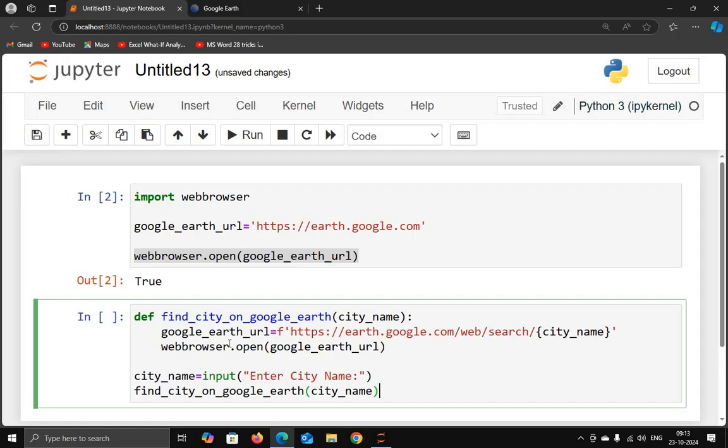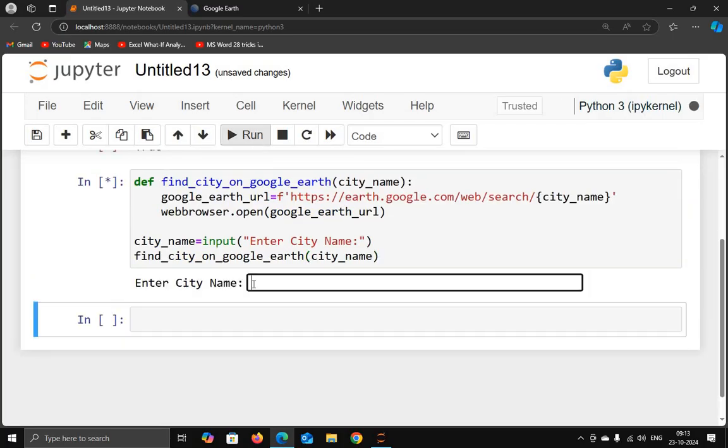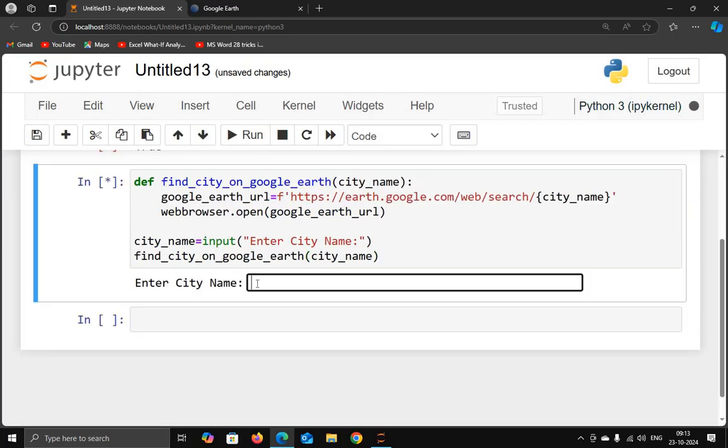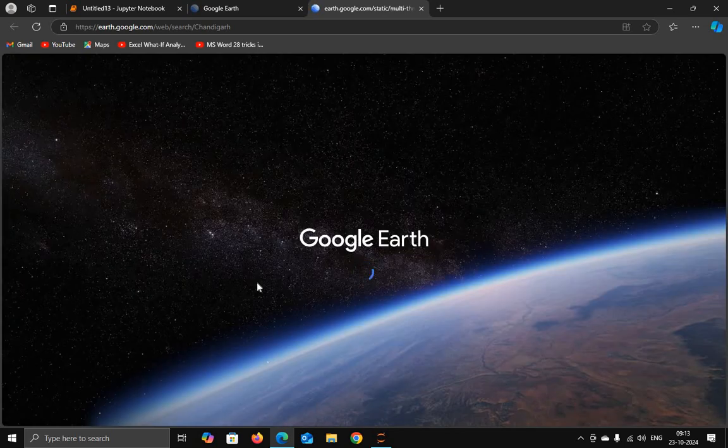Okay, that's it, and then I will run this. So enter city name. Let's say the city name is Chandigarh, and now you can see,